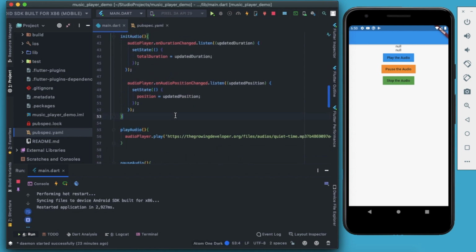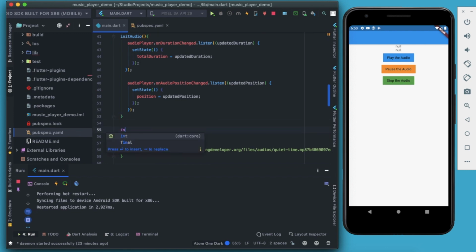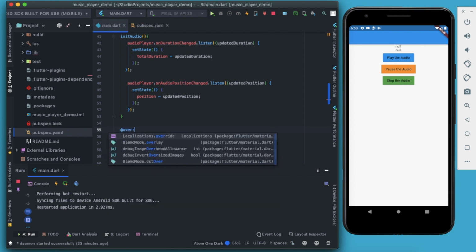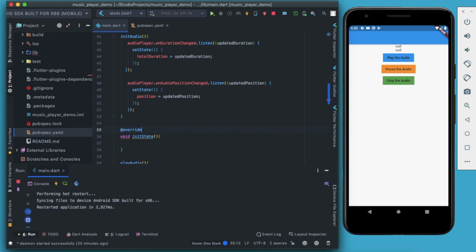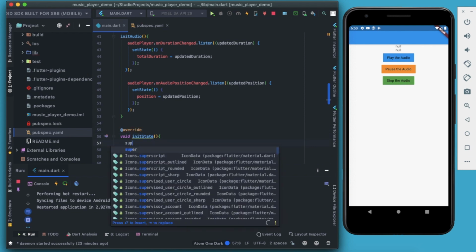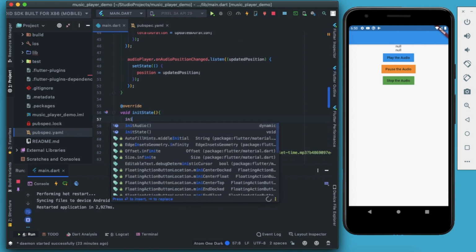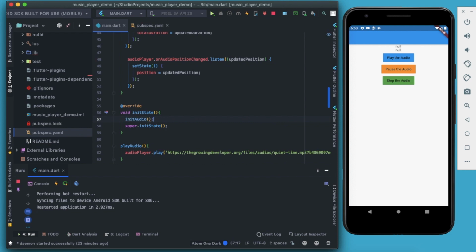As explained earlier, this should be called only once, and the first thing, so I'll use init state, right? So void init state, this is an override, right? Simple. And we have to call the super.init state. Basically with your snippet you normally get it directly, and now here I will write init audio. Makes sense, right? Let's restart this application once again